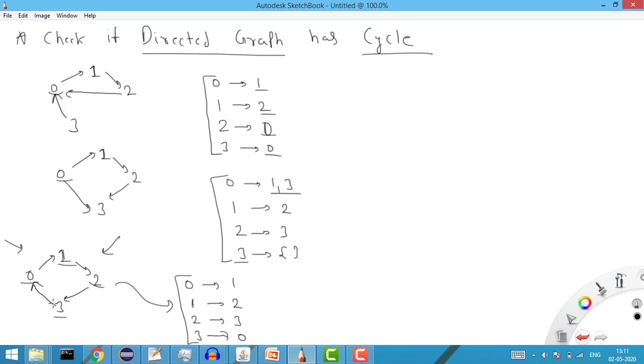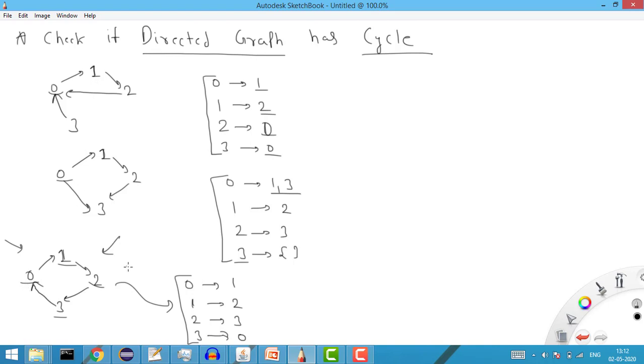So now what we need to do, we'll see all other cases one by one. This is one thing that will be our base. What we are saying is that if in the graph all the indexes have the incoming degree, then we are sure that there exists a cycle. So first of all we should have the incoming degree for each index, right? Incoming degree means how many nodes are pointing towards it.